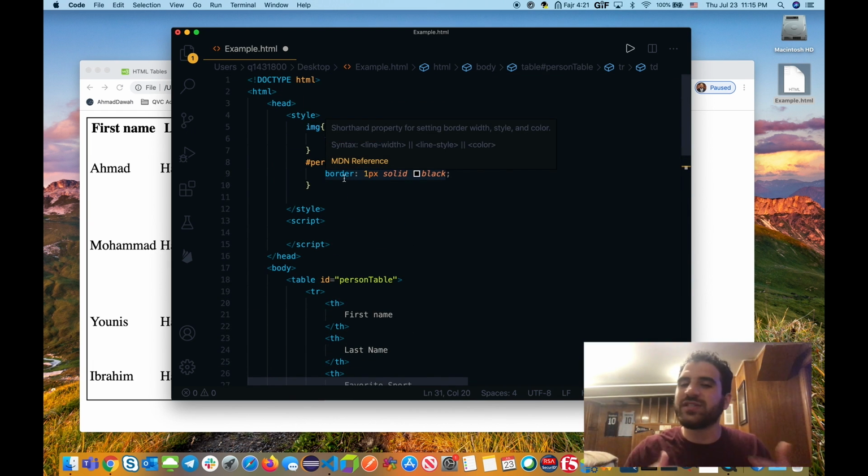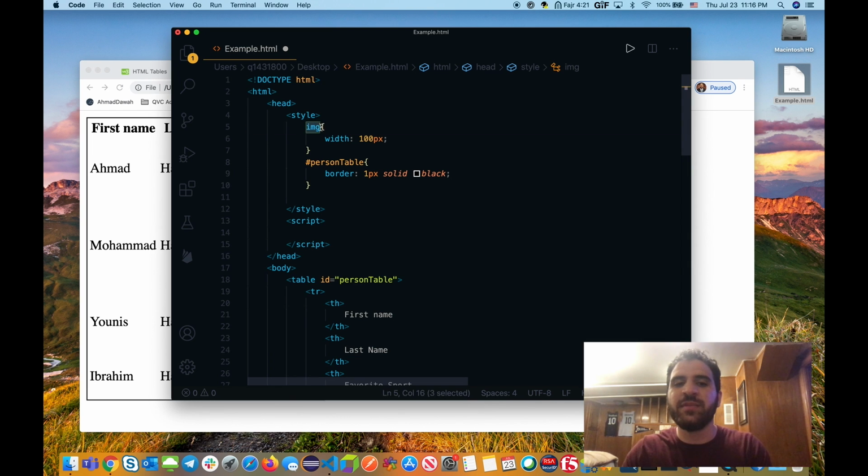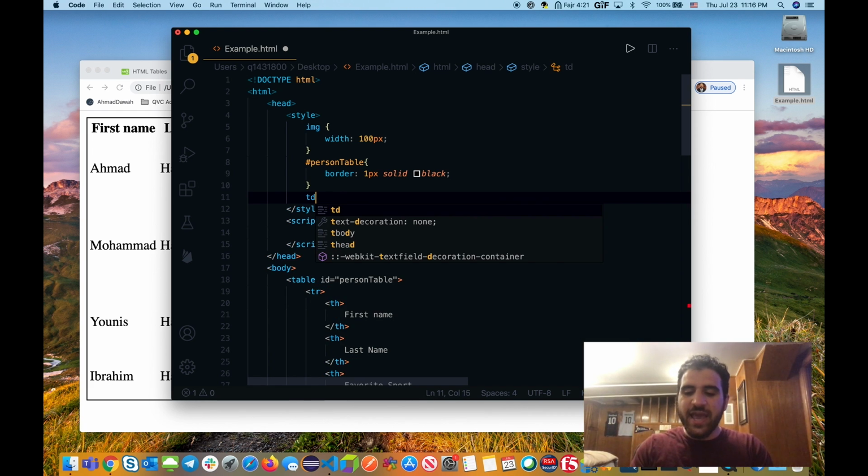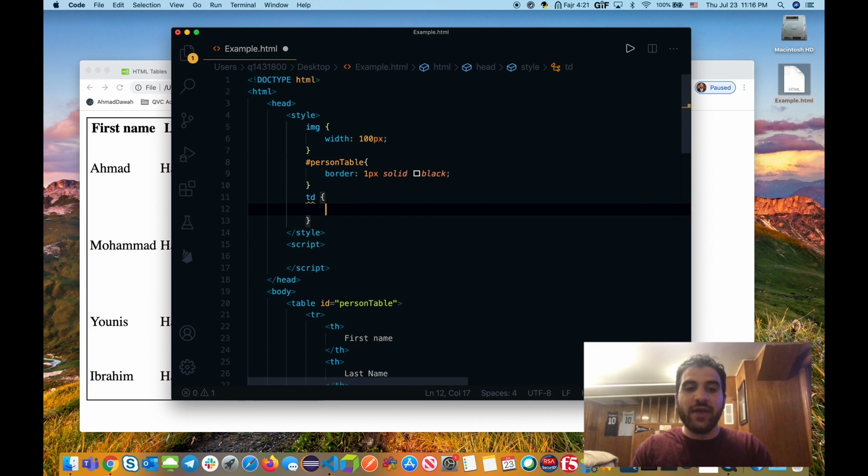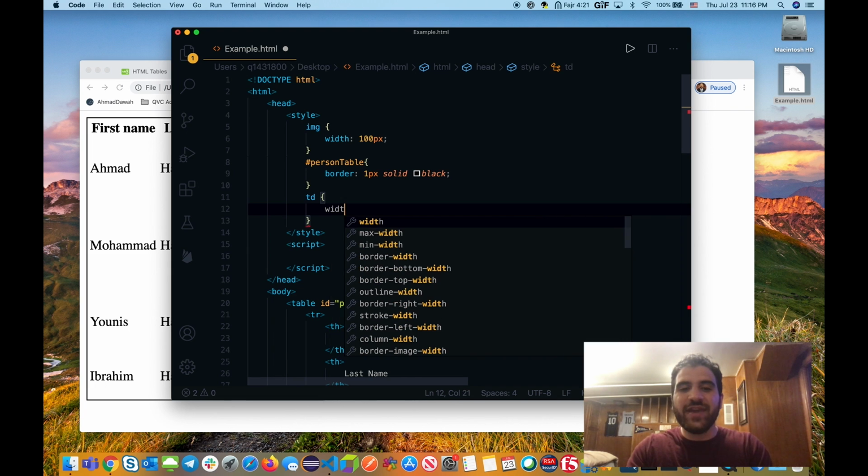We just want a simple line of CSS to apply all the columns with a simple border. And hey, we know how to do that, right? Because we did it with the image where all images have a width of 100 pixels. We also want to do the same thing to our columns, right? So we're going to put TD and open and close curly braces, and we're going to say anything with the TD tag, I want that to have